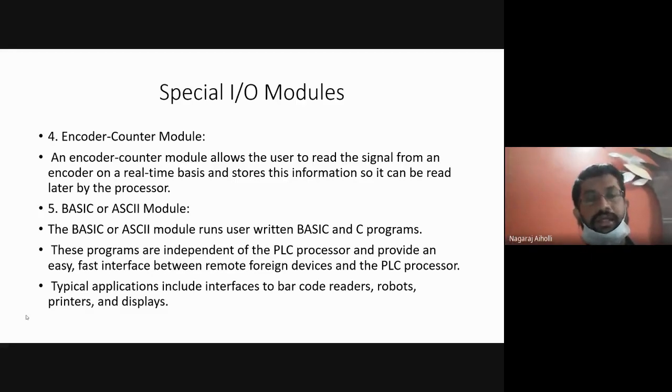So this is how the comparison is done, and based on the comparison, once it matches what is stored in the computer system or in that company's profile, only then the rate of that item will be highlighted. If it is not matching, then it cannot give the rate of that item. Then other applications include robots, printers, display devices. These are some of the other applications wherein programs such as a basic C program or other advanced programs are used to monitor the operation of the robots, or to operate the printers, display devices or barcode scanners.